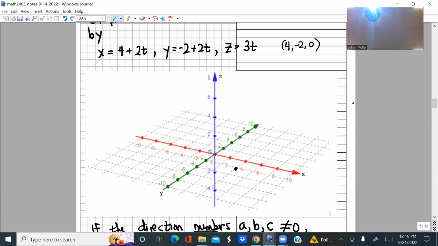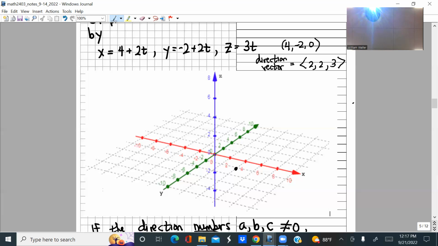What is the direction vector here, by the way? Let's call that, well, let me just write it out. So what is the direction vector for this line? Those are going to be the coefficients of the t in the parametric equation always. So it's easy to find the direction vector. Just read the coefficients of the terms with t in them in the parametric equations. So you get what, 2, and then what, 2 again, and then 3. So there's the